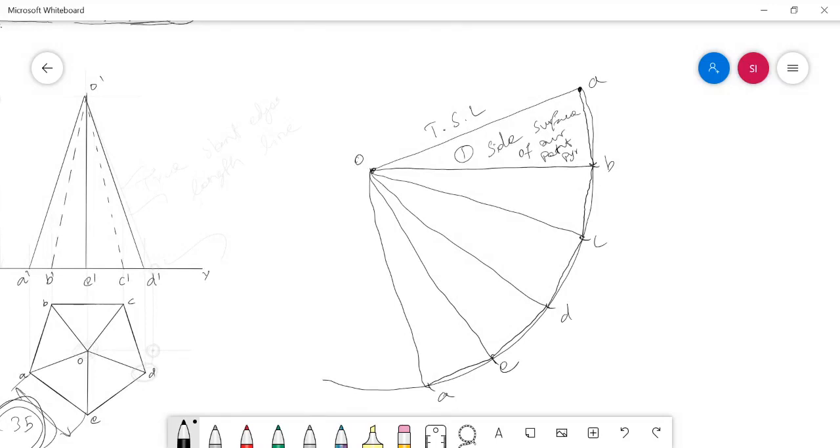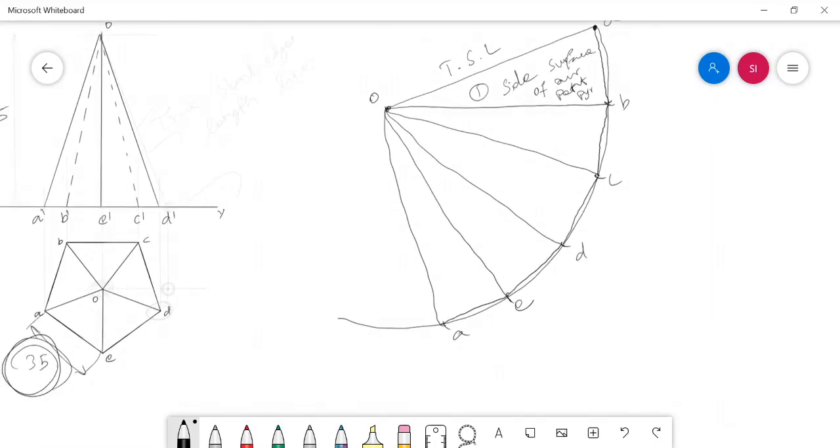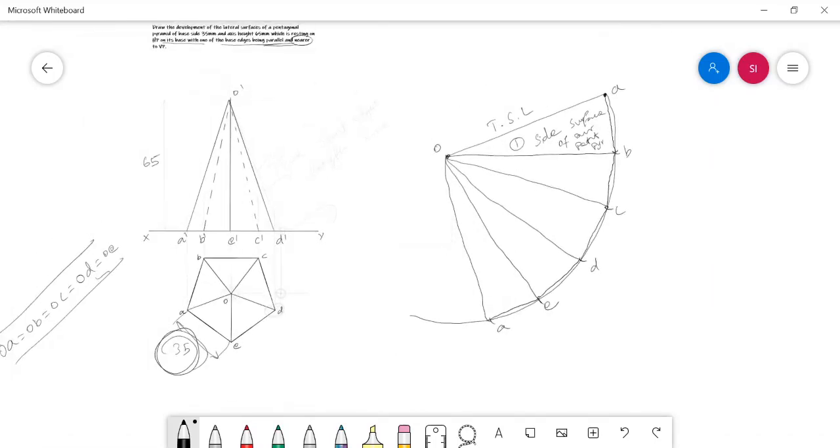So this is nothing but the radial line method of drawing the development of the pentagonal pyramid. And already I have told this length is our true slant length, and that length is our base edge length. Keep this point in mind.